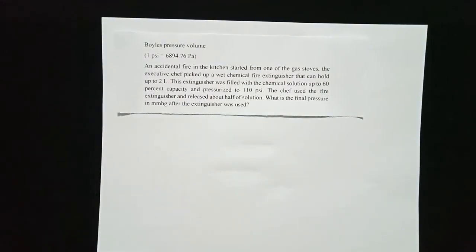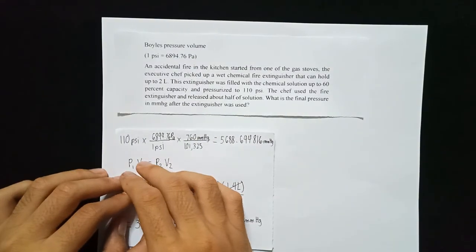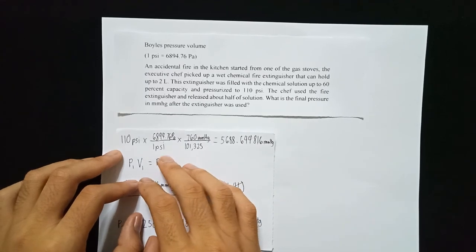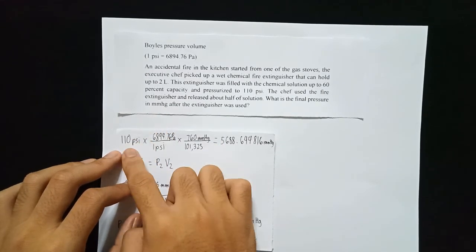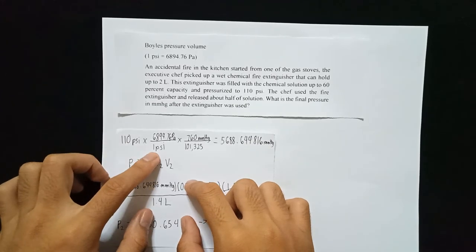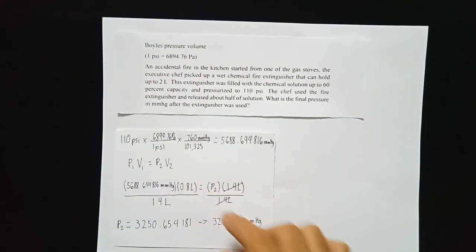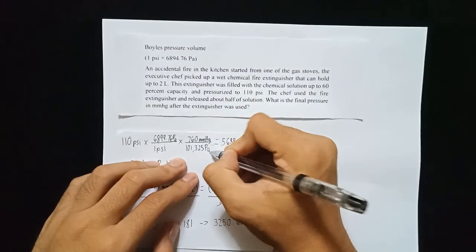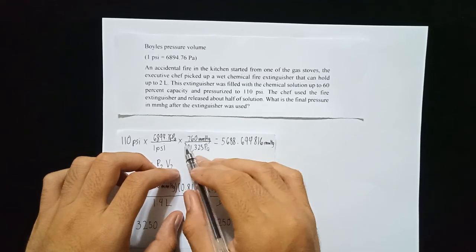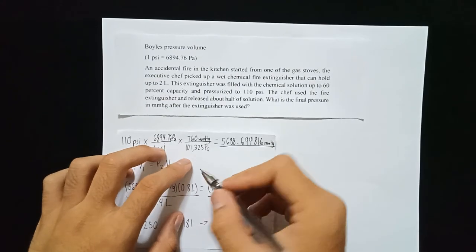Before anything is done, we first need to get the desired unit of the answer, which is not psi, it is millimeters of mercury. So we need to convert 110 psi like this. In 1 psi, there is 6,894.76 pascals. Then in 101,325 pascals, there is 760 millimeters of mercury, which is equal to, when you put it in the calculator,